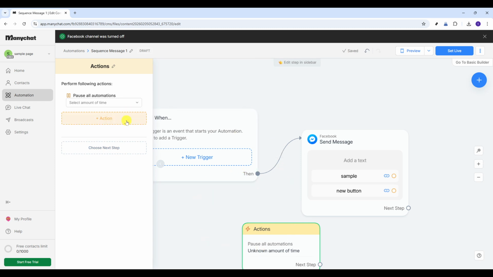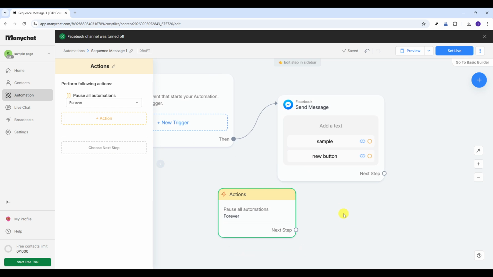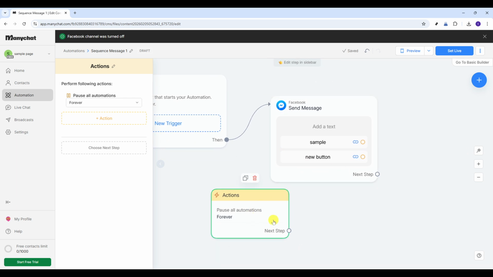After selecting it, you'll be asked to set how long to pause. Click where it says Select Amount of Time. You'll see duration choices. Choose forever if you want the contact's automation to remain paused indefinitely. This is often used for opt-outs, escalations to a human, or when you need to prevent overlapping sequences. Keep in mind, forever means automation won't resume for that contact unless you add a resume action somewhere else or